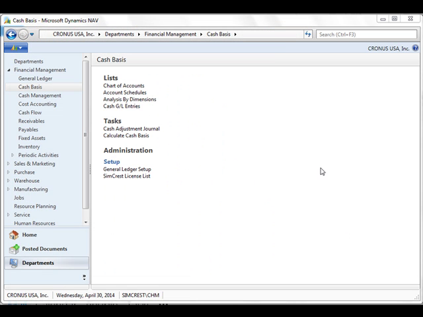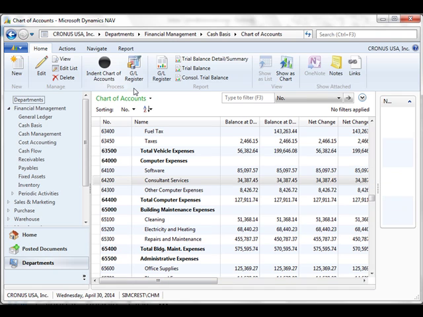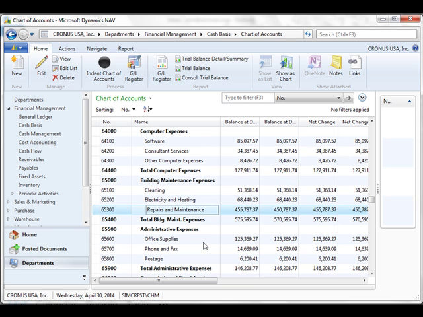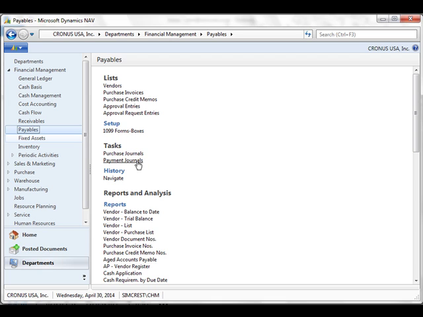To demonstrate how cash basis works, let's take a look at the chart of accounts. I have gone into the system and posted a purchase invoice for $5,000. Now, because that purchase invoice is still open and has not been paid, the cash is not affected. So here you'll see the balance at date of $455,787. The balance at date cash is $450,787. So you can clearly see the difference between the cash basis and the accrual basis. However, if I go back and issue a payment for that invoice,